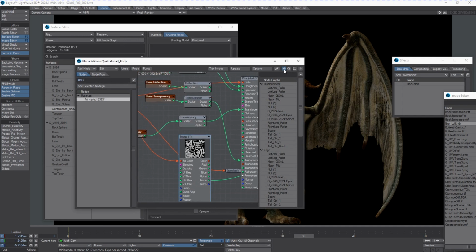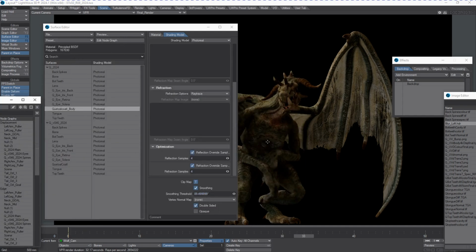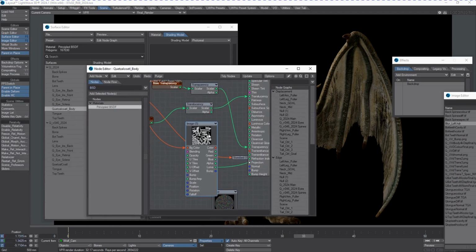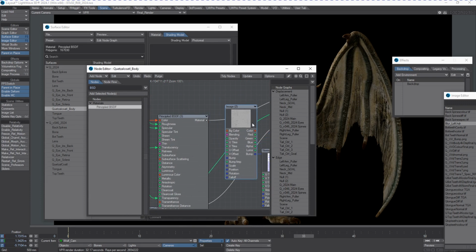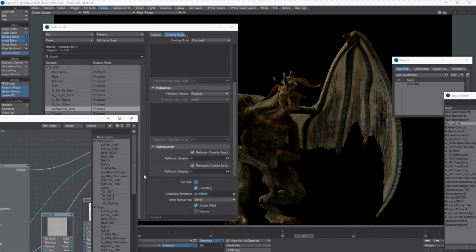If you get into a situation where you can't get rid of a sparkly firefly artifact, it's almost always going to come from one of these maps being overdriven or being used in an improper way. So that's why I suggest pulling everything out that you don't absolutely need first, and then building it back up until you encounter that problem or you achieve your results without hitting that problem,